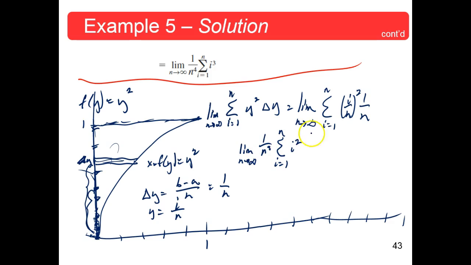Well, I'm going to pull out, so this will be the limit as n approaches infinity of 1 over n cubed. But you've got to divide it by 6 there, so let's pull out the 6 as well. And this will be